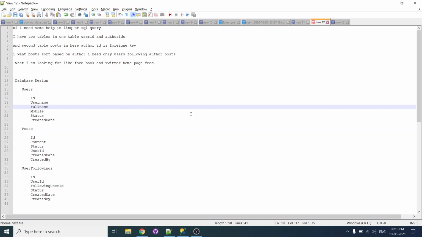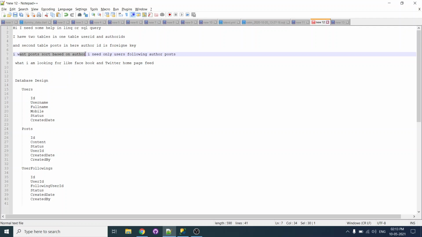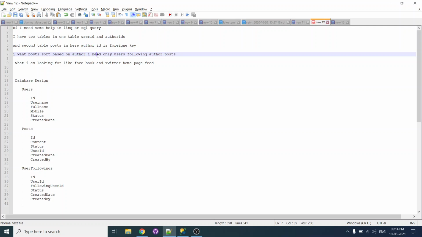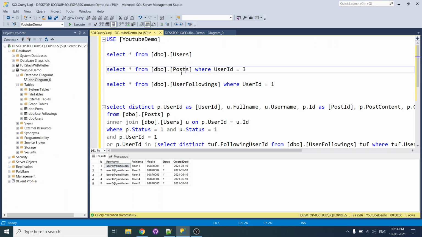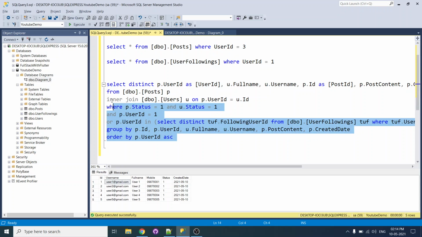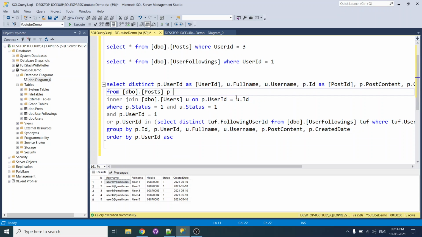From that, his query is, he wants posts sorted by author. Author is nothing but the person who created the post. And then he needs only the following authors' posts, so whoever is following this user, their posts we have to get. For that, I have made this query, and I will explain how this query works.